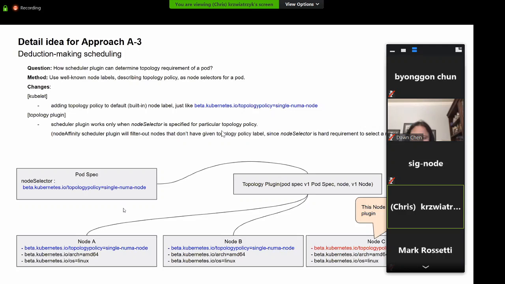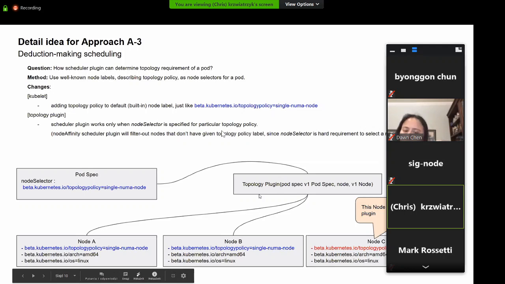And then this pod spec is taken by scheduler, and node affinity plugin will reject the nodes that don't have the required policy. As you can see on the picture, we have 3 nodes, and the third node was registered with restricted policy,